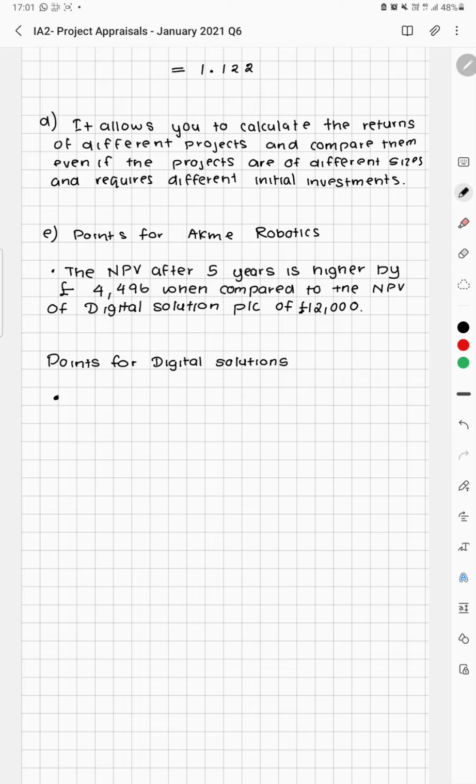Without even having to calculate anything, it is simple because the initial cost of investment is 80,000 as opposed to 135,000. In any project, one major thing that you have to consider is cost of capital. The more money that you have to borrow, it is harder. The lesser money you have to borrow, it is much easier to obtain it. So one general point for Digital Solutions is the cost of capital